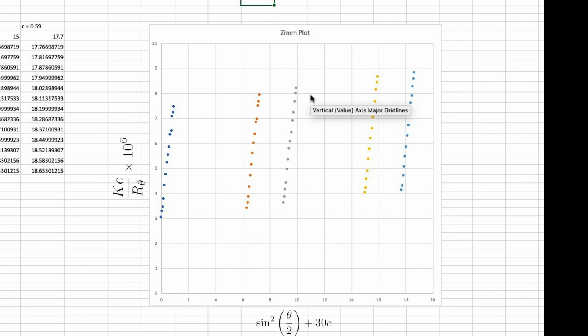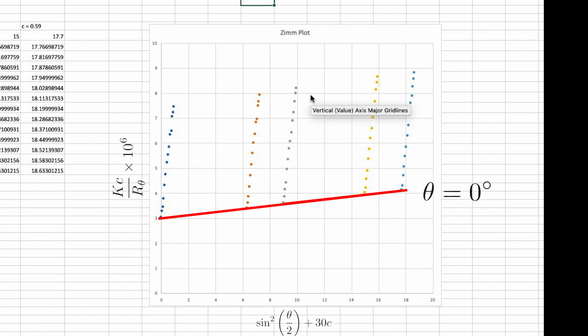Okay, so each of these sets of lines represents a different concentration. So starting on the left, we have a concentration of 0 mgs per mil. Remember, that's not something that we can measure. And then progressing over to the lines as we go towards the right-hand side of the plot, we're increasing the concentration. And because we've offset the axis like that, this allows us to separate out the effects of concentration from angle in this way. You'll notice the bottommost points are linear,